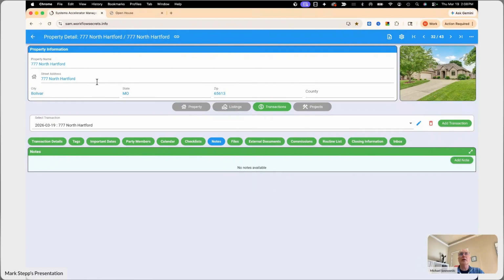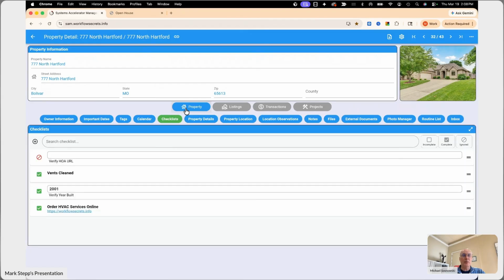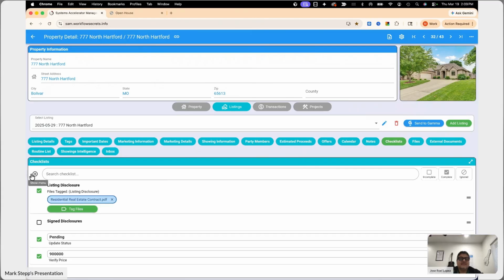Just real quick, in the properties tab, if you go to listing, and I say, for example, I want to add into the listing a URL for like a video or something. Do I do that in the external documents section? So you can do a URL, but if you have it as a checklist,